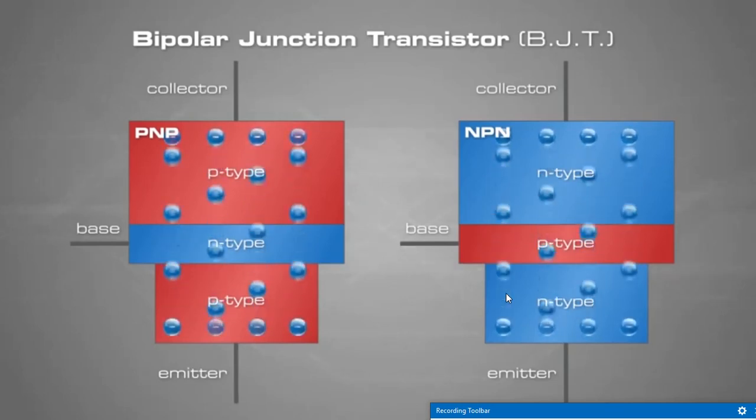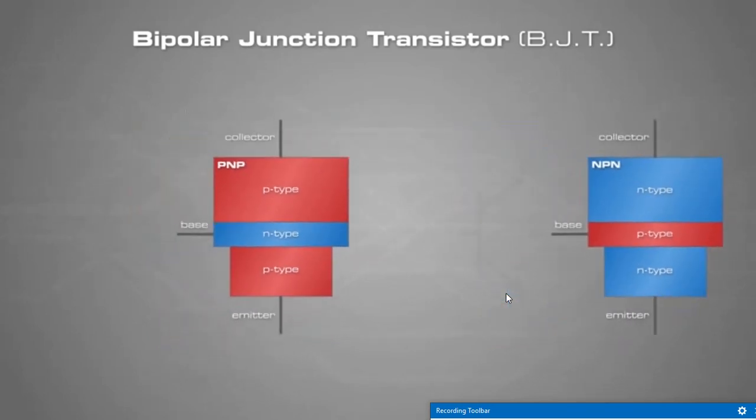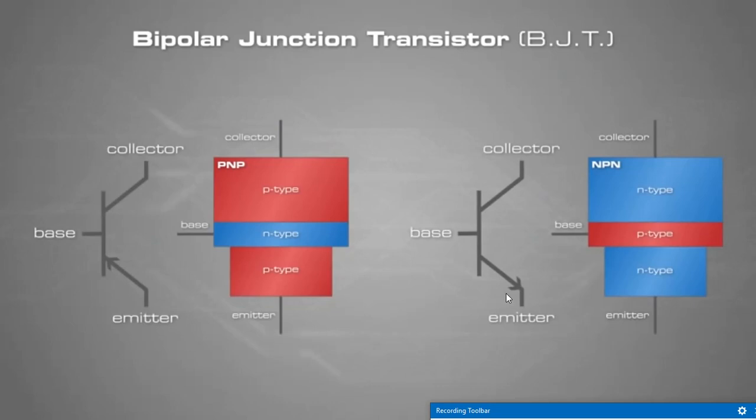So here what is happening is the emitter is emitting the electrons, and these electrons or holes are flowing from the emitter to the base to the collector. For an NPN transistor, the arrow is always outside, and for a PNP transistor, the arrow is always inside near the emitter part. So this is what a normal junction is.